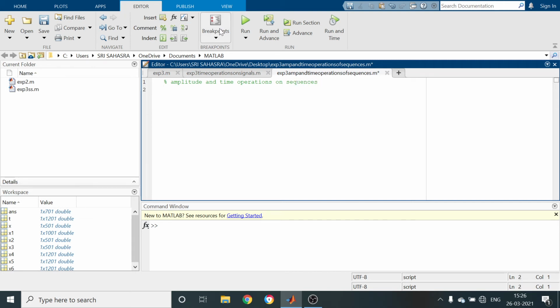Similar to all programs, again we have to write the standard commands: CLC, clear all, next close all. Is it clear? All of you observe: CLC, clear all and close all.